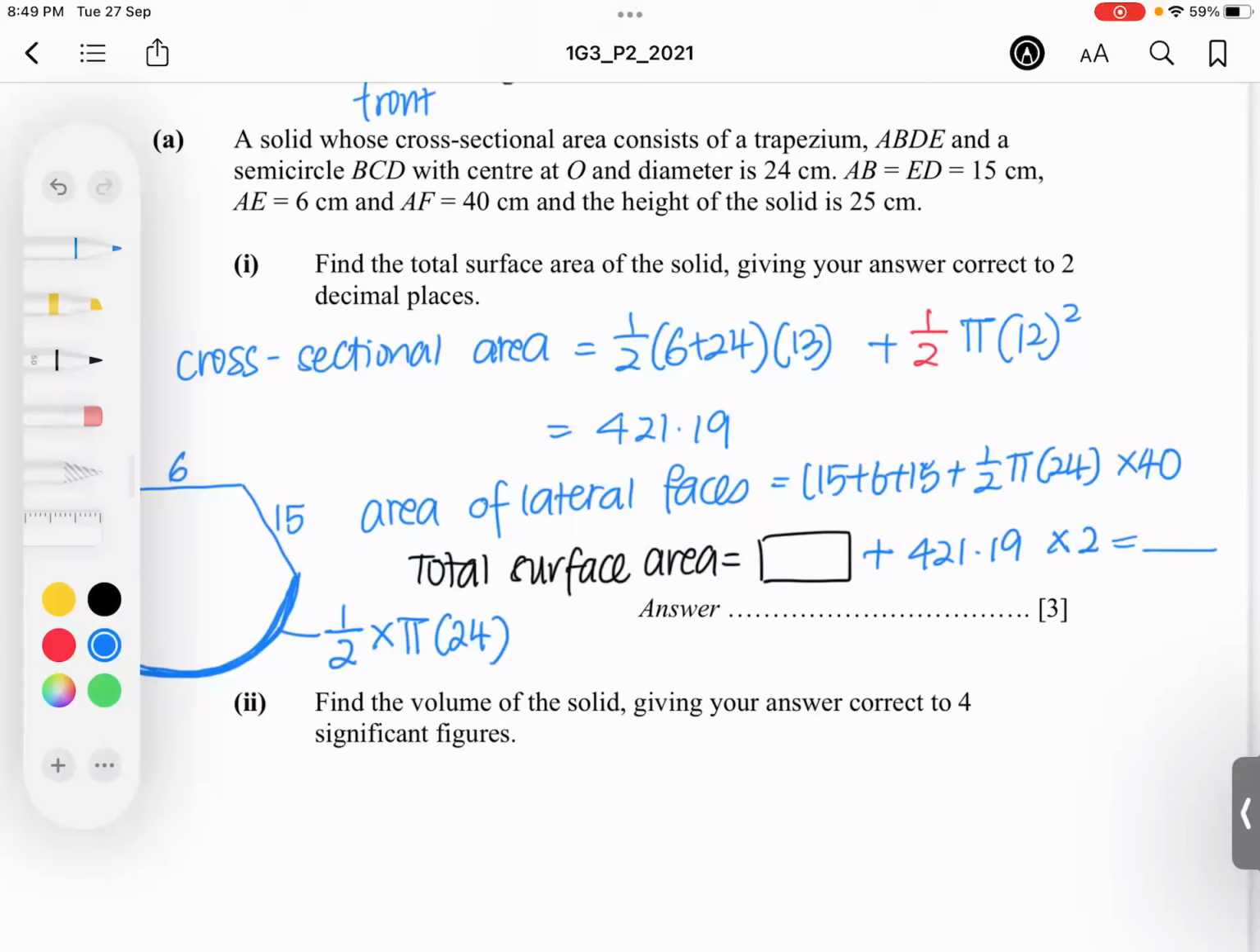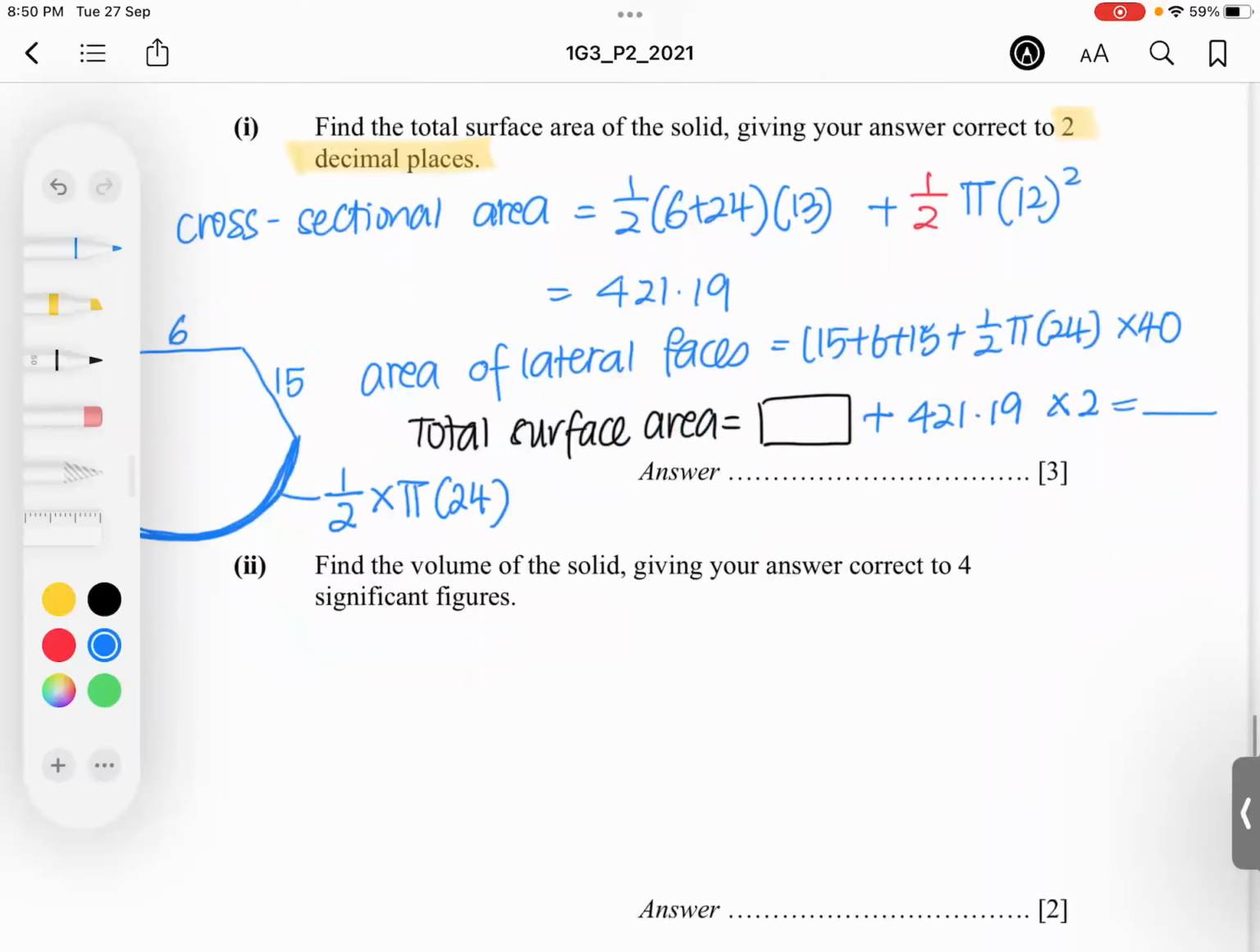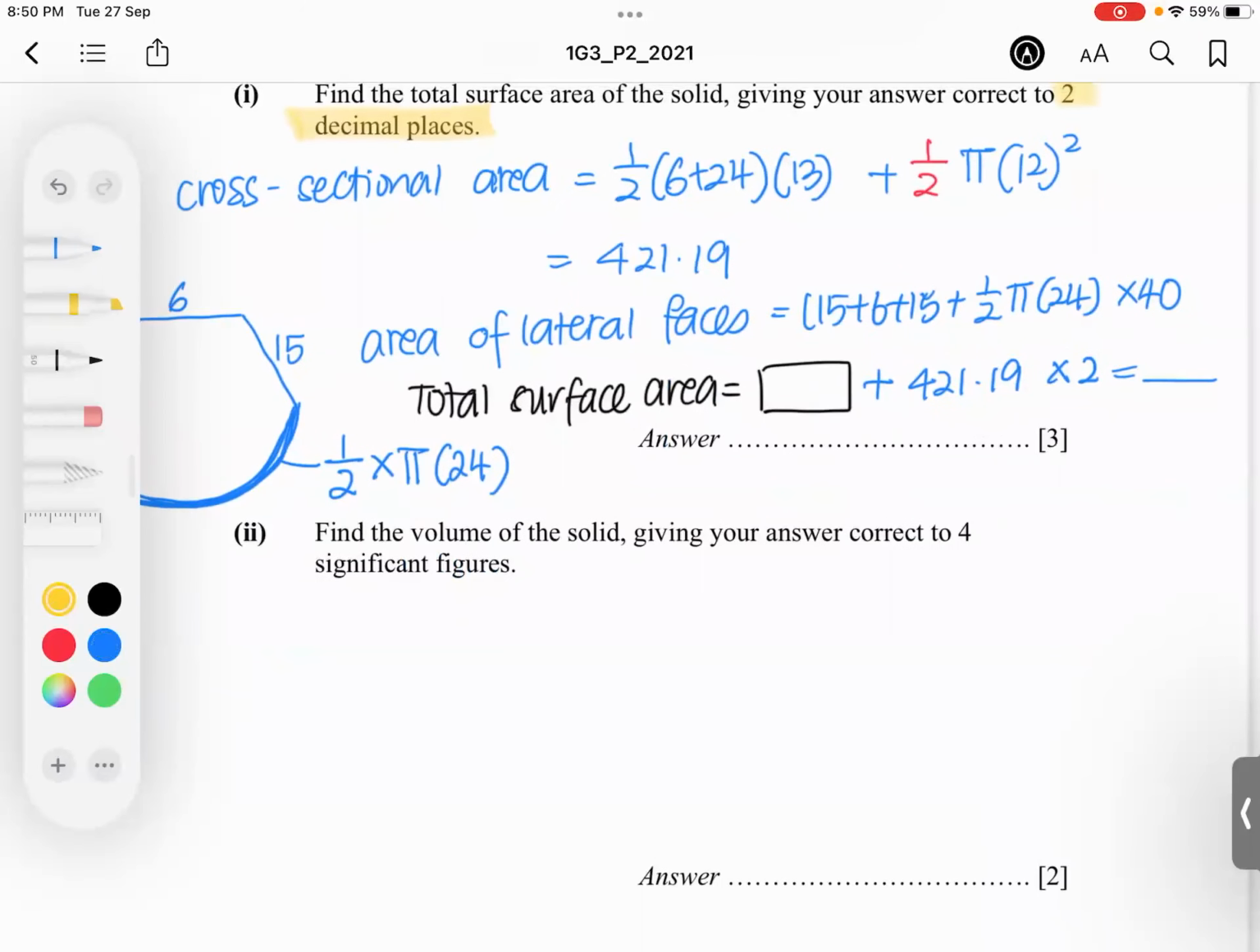Okay, so this one you're going to calculate the number on your own. But final question, do I write the answer in cm cube, 5 SF, whatever? Working 5 SF. But now the question says correct to 2 decimal places. So your final answer should be in 2 decimal places and not cm cube. Okay, read the question. Next one, find the volume of the solid, giving your answer correct to 4 significant figures